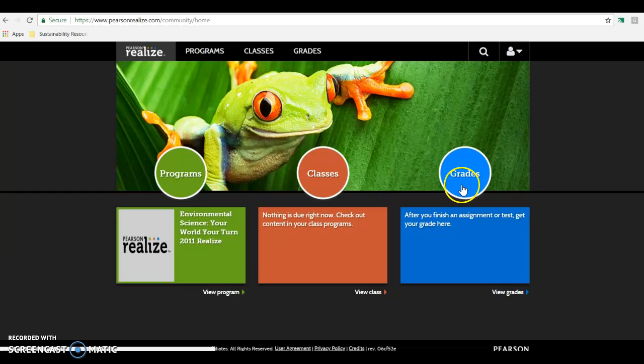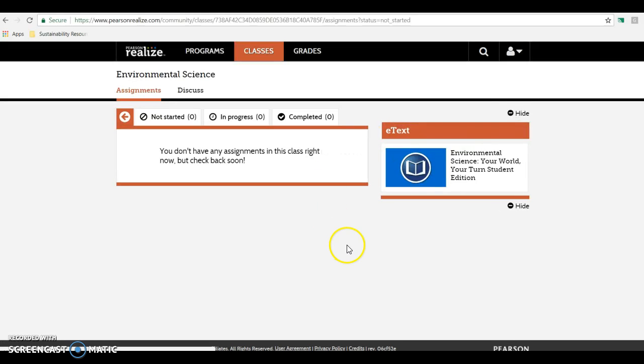Once you do get to the screen though, you want to click on classes. You don't need programs, you don't need grades, you want to click on classes. And here it gives you a menu. So this is your e-text right here, Environmental Science, Your World, Your Turn, Student Edition. You click on this,